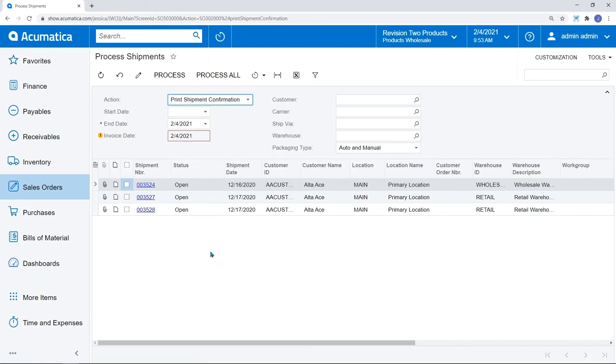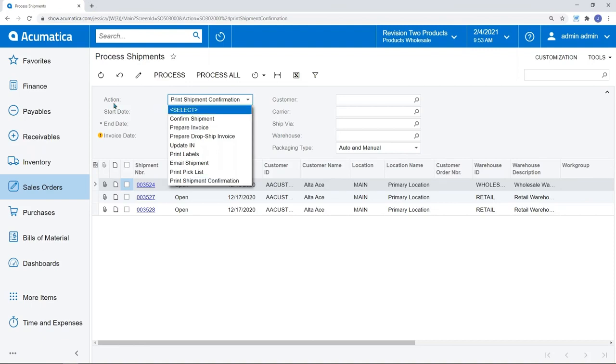So what these screens allow us to do is, you can see I was looking for a good action to use in my example. And what it allows me to do is select the action I'd like to take. So here I'm looking at all of my shipments. If I'm managing inventory, maybe I would like to look across all of my shipments that went out the door yesterday and show me all of the shipments that were ready to invoice. So instead of having to have your AR team go in there and process every single invoice separately, manually enter and type in those invoices, we can use this processing screen, this automated screen, to prepare those invoices in a batch. Let's prepare all 3 of them that appear on this screen.